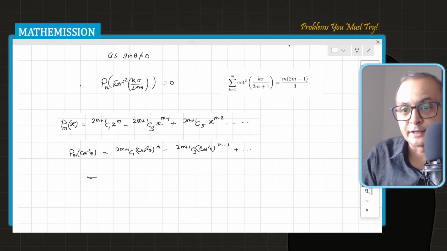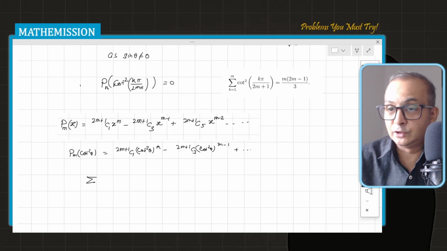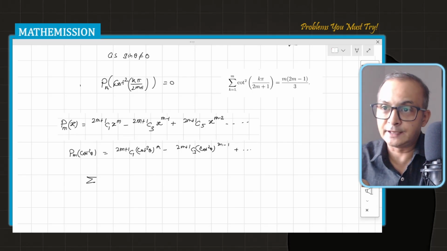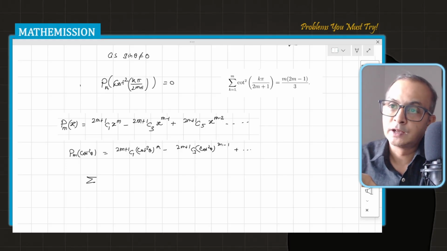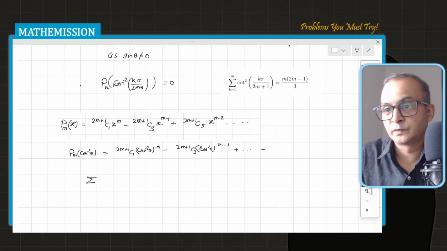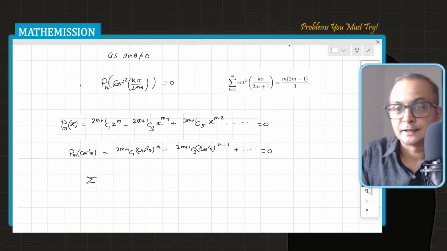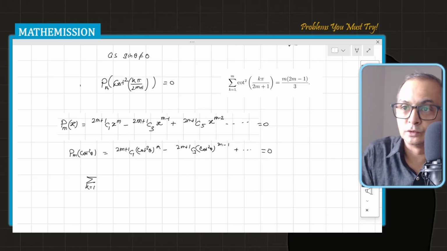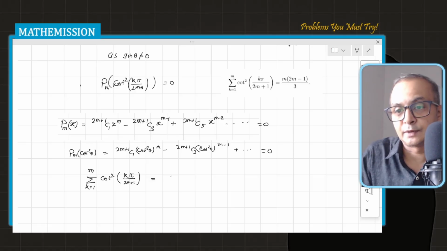Because they have not excluded anything, k is equal to 1 to m, they're taking all the values which can be the possible roots of this equation. It means the summation for k equal to 1 to m of cot square k pi by 2m plus 1 is nothing but the sum of roots